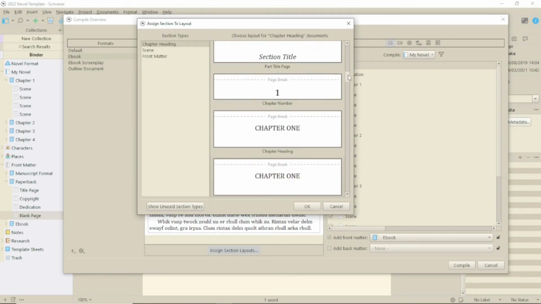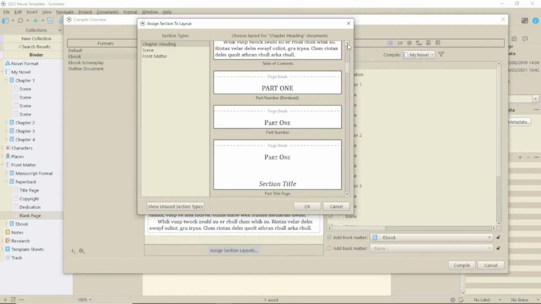As with paperbacks, the basic principle is that anything that says chapter will override any titles in your binder. Anything that says section title will take the title from what's written in the binder. Some have both, so you can have chapter plus number, followed by a section title from the binder, which, as I said with paperbacks, doesn't have to be a title. It could be a point of view name, or the location, or something else.